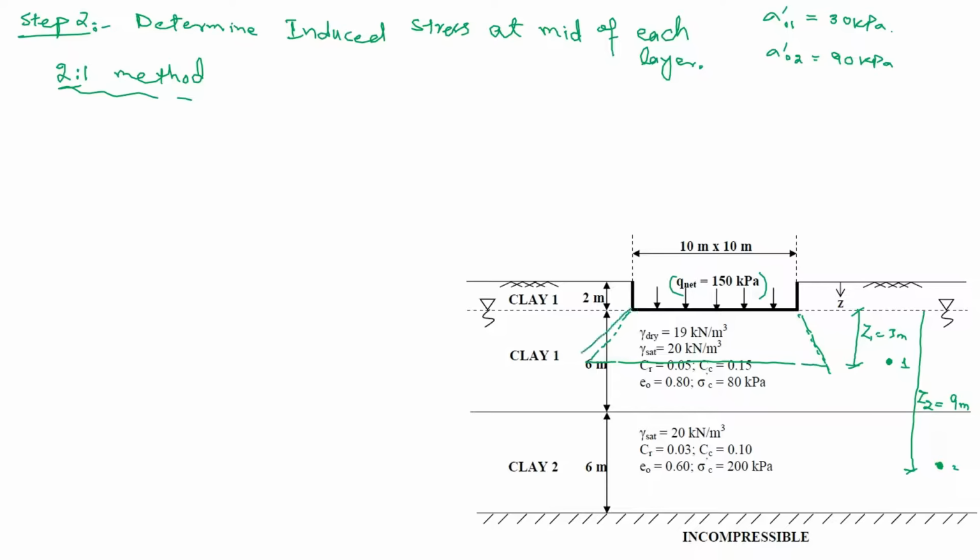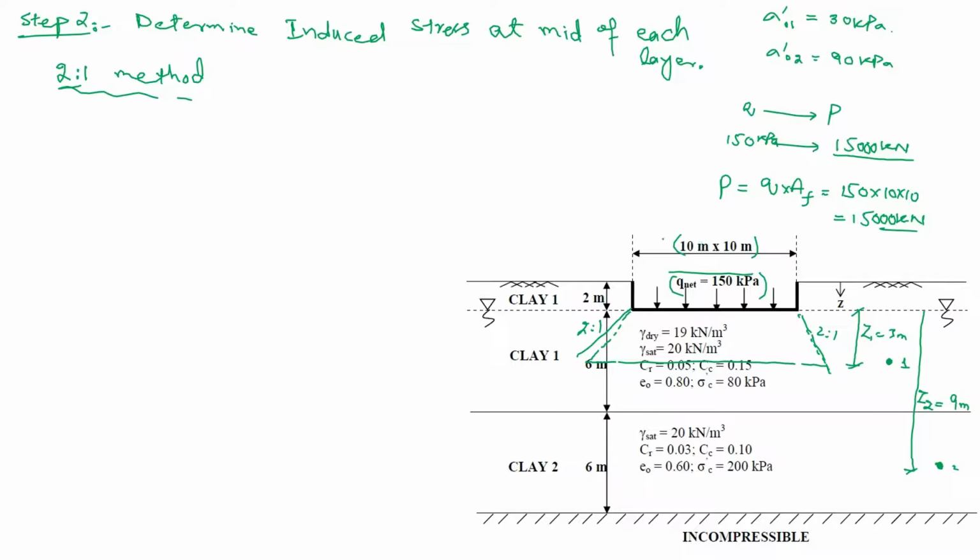So what will be the ratio of these lines? This will be 2 ratio 1 and 2 ratio 1. So we have converted this Q into P. When Q was 150 kPa for a foundation of 10 by 10, we had P value of 15,000 kilonewton. I told you that P is equal to Q times area of foundation. Q is 150 times area of foundation 10 by 10, so it will be equal to 15,000